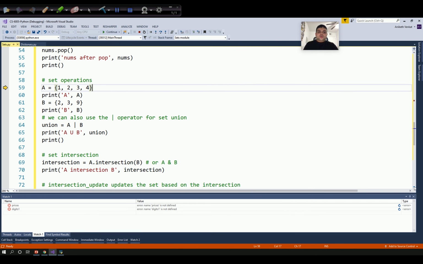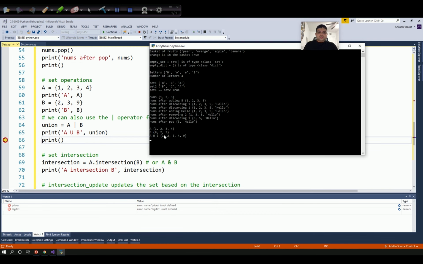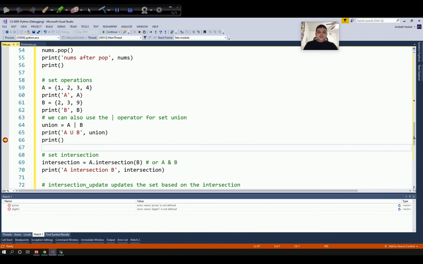Now let's look at some set operations. I want to show you how to do union of two sets. So A is equal to {1, 2, 3, 4}, B is equal to {2, 3, 9}, and we want to check what A union B is. To compute A union B, we can use the pipe operator. So A | B should give us the union. We know the union should be 1, 2, 3, 4, and 9. So let's compute and print that. Now A is 1, 2, 3, 4, B is 9, 2, 3, so A union B is 1, 2, 3, 4, 9. We can also use the inbuilt method,